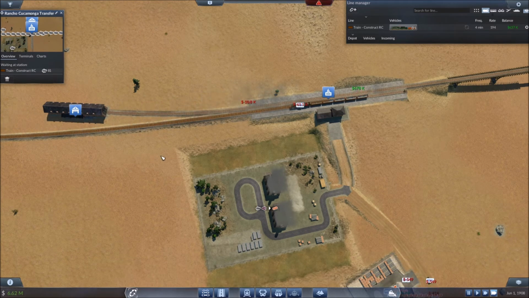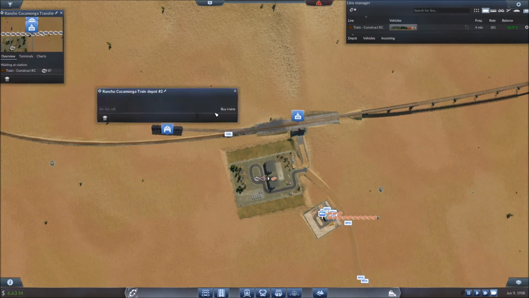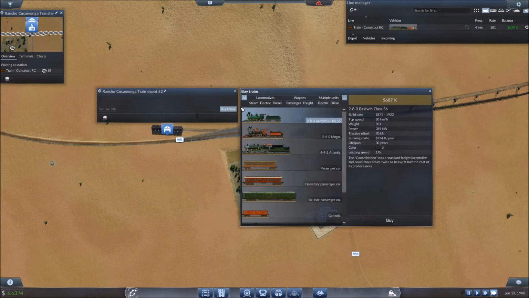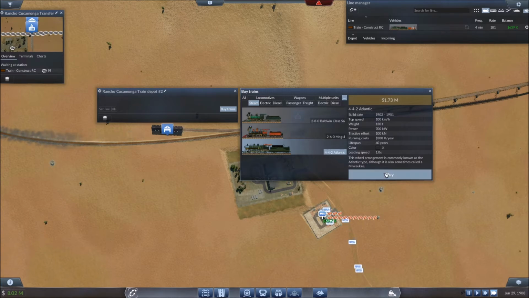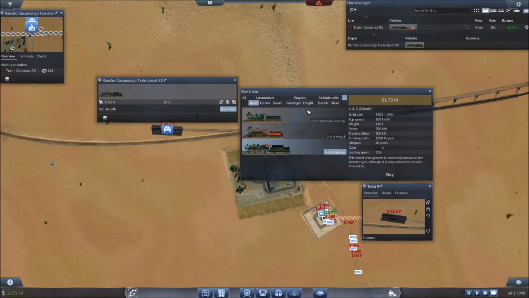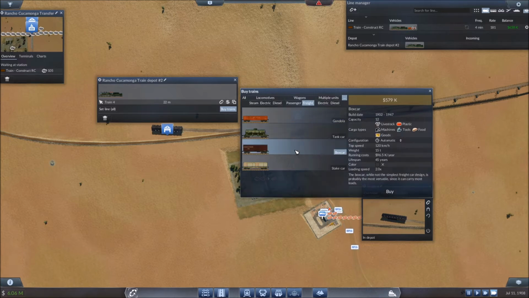Yeah, there we go. All right, let's buy our train. Now remember, we're dealing exclusively with construction materials here, so we don't need to worry about any transportation for stone. So let's get our locomotive, and then we want our freight. And for this, we're going to want...